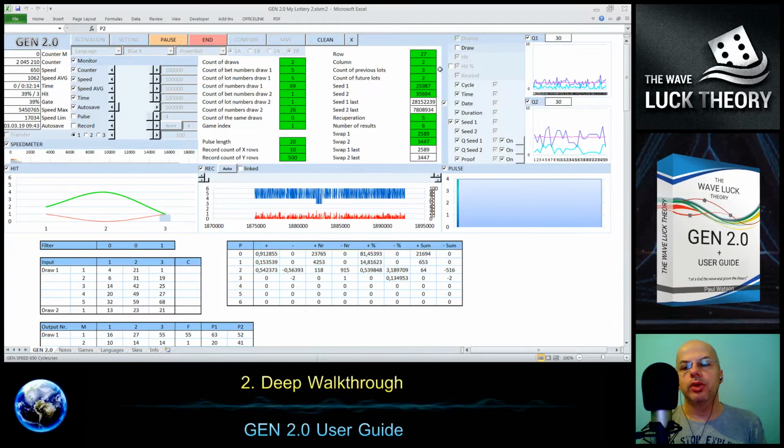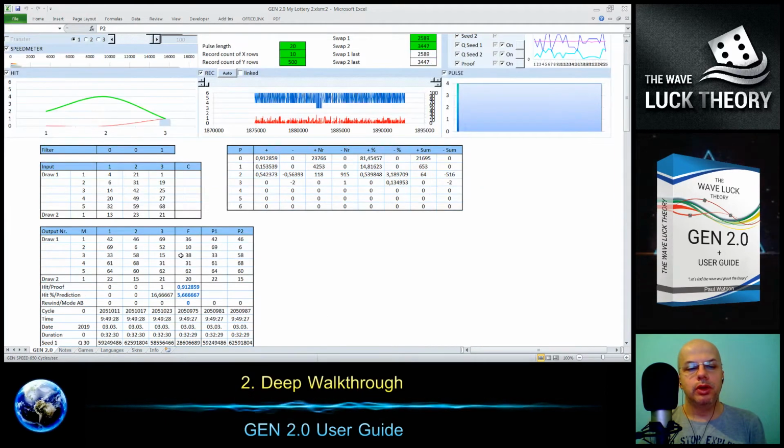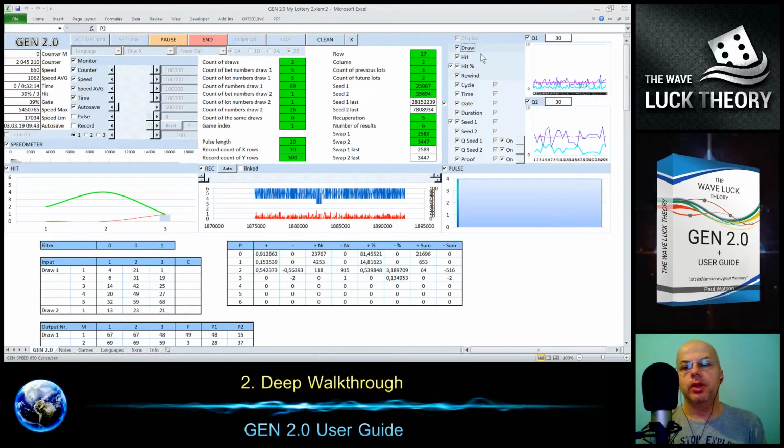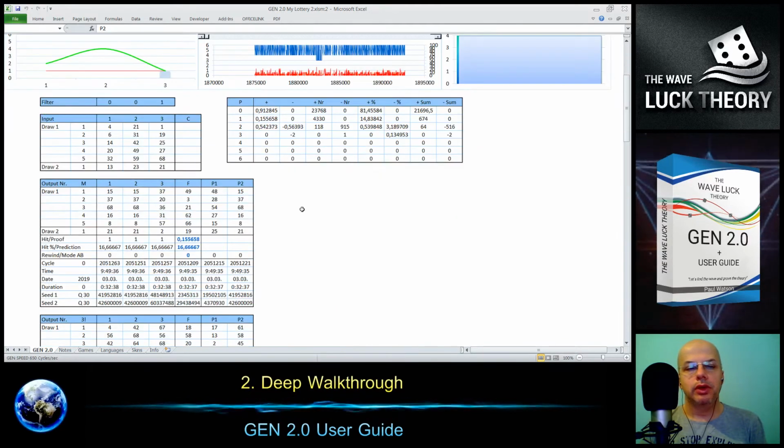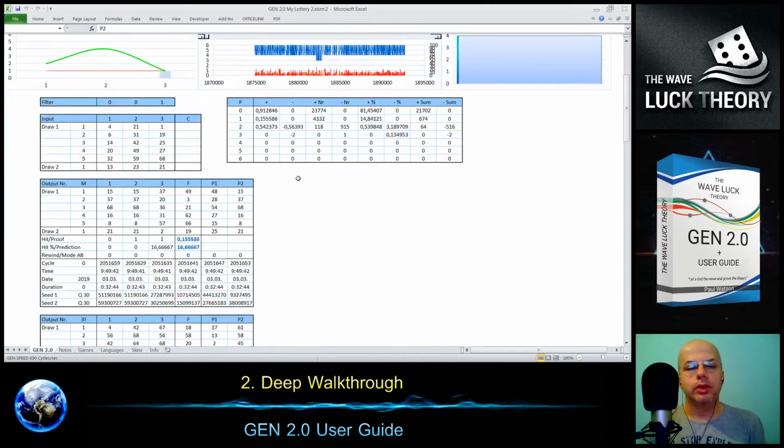I will switch it on again, and here the draws are running, and they are stopped. Then the hit is stopped now, and now it's running. There you see, now it's running.